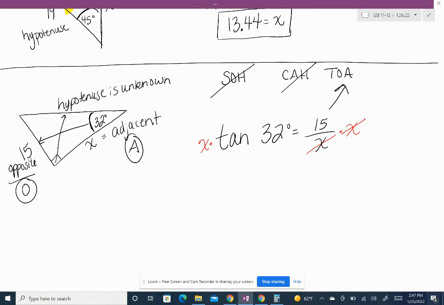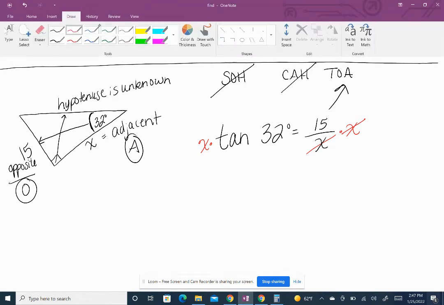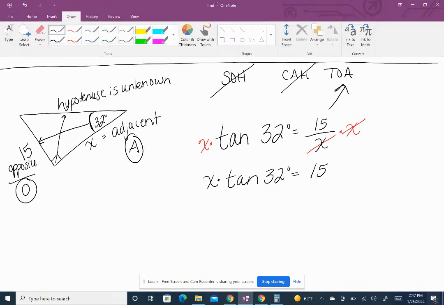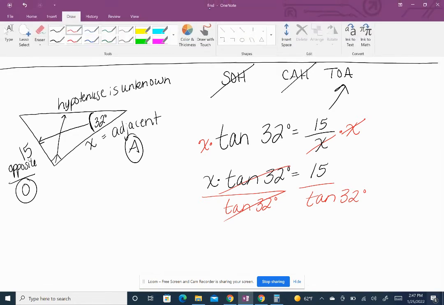Okay, we want to get X by itself, so you can rewrite this as X times tangent of 32 degrees is equal to 15. Now I can divide both sides by tangent of 32 degrees. That cancels out, so my X is going to equal 15 divided by